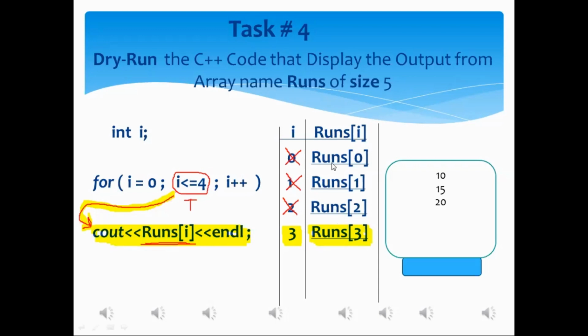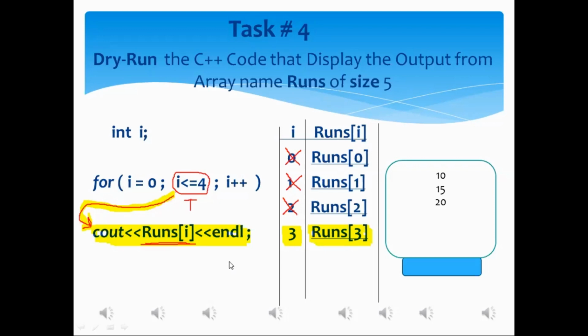Okay, whatever the data value that has been stored in the fourth memory location of the array, that will be displayed as a result of the for loop's associated statement. That one is the cout statement. It is so, yes or not? It is so, sir.